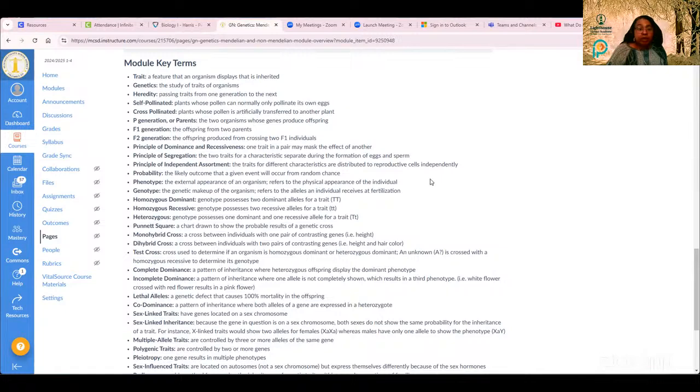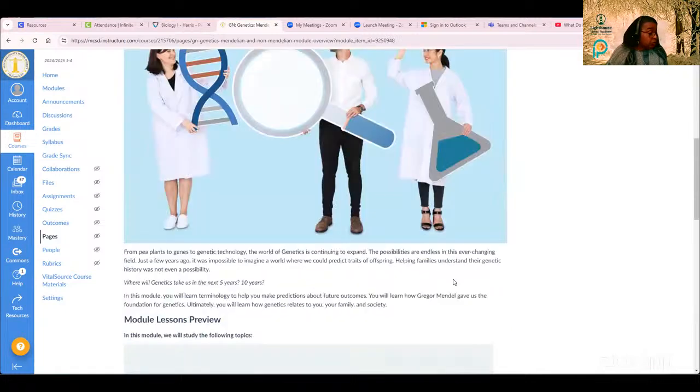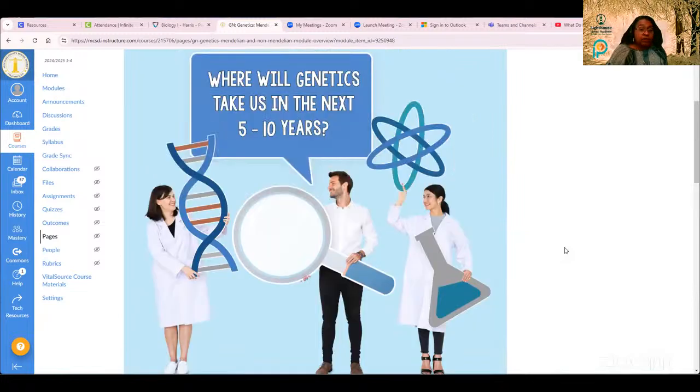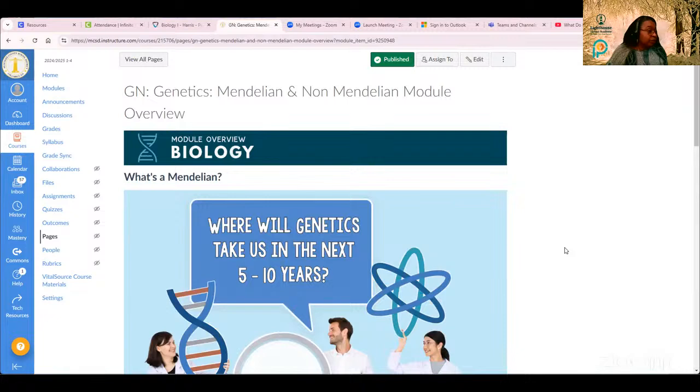So everybody, when I switch, now again, I do attendance from GoGuardian. So when I leave here, I go to GoGuardian. I'm looking to see who's actually logged in. And we're on, this is the module we're on. We're in Canvas. Everybody's going to be in Canvas. And we're looking for the genetics